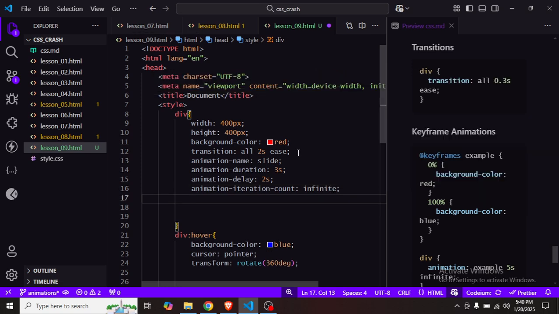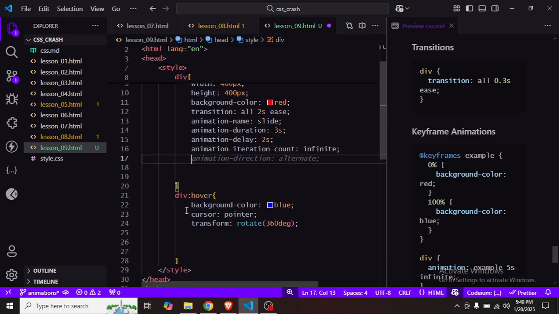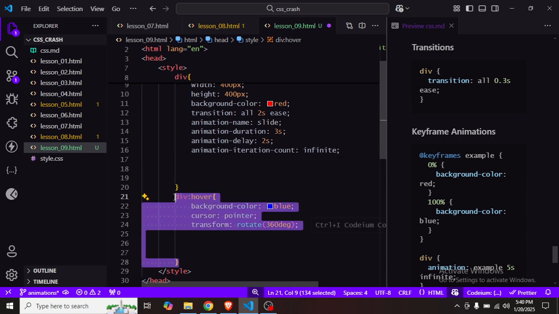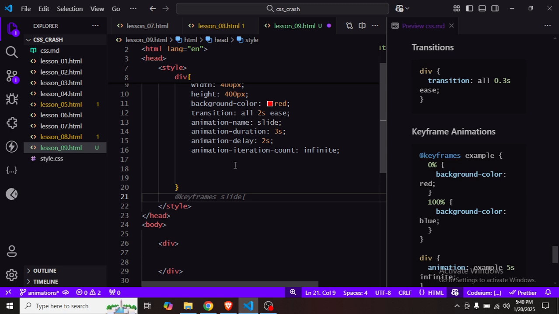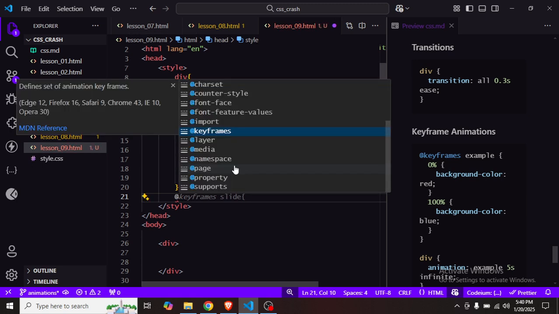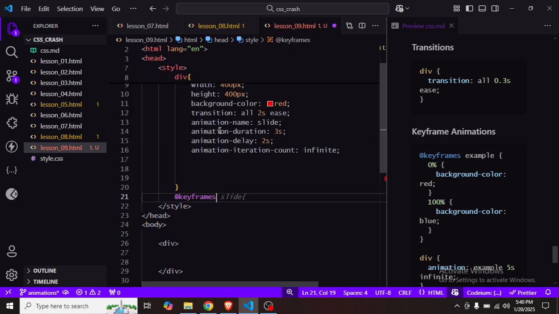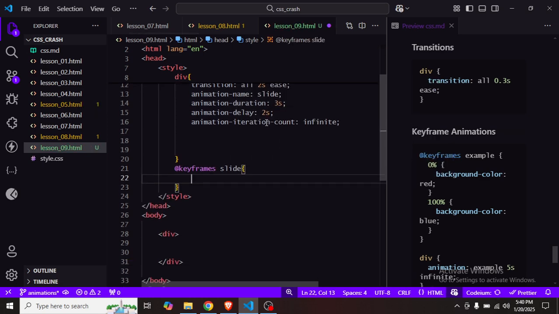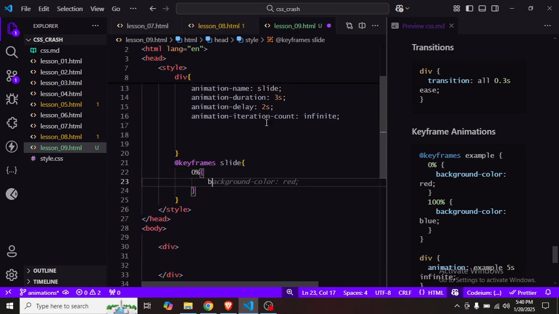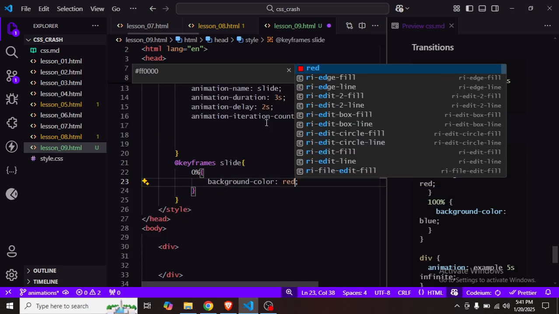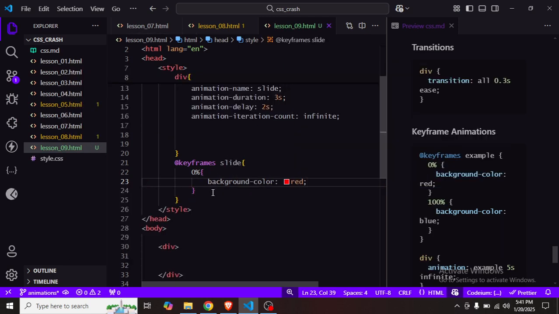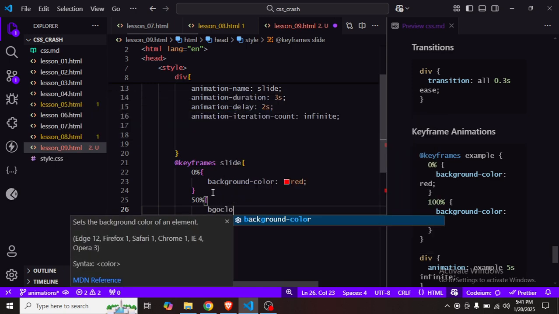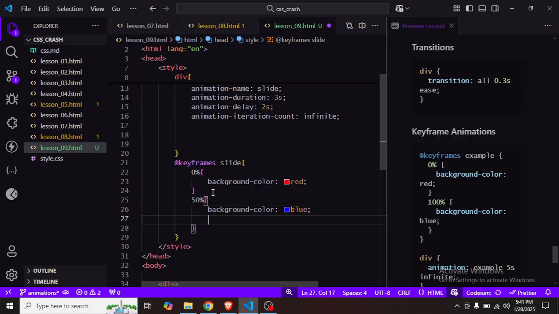Now let me not apply this on hover, but directly. So I will have to define the keyframes. Here you can see keyframes, and the name of the animation here is slide. Now I will define what I want. On 0% I want the background color to be red, as now, and on 50% the background color should be blue, and